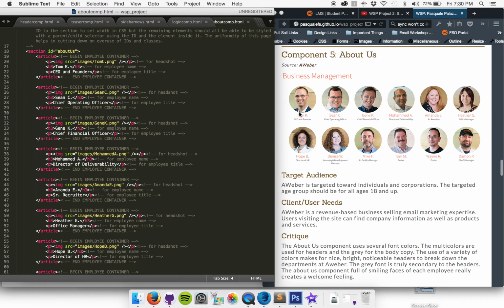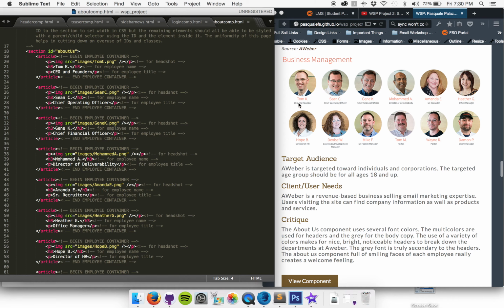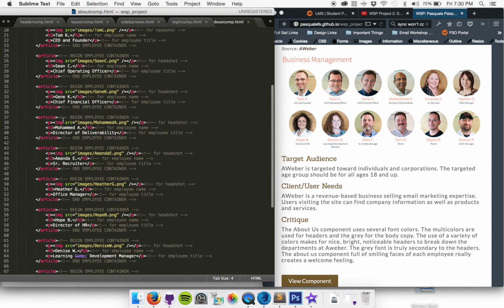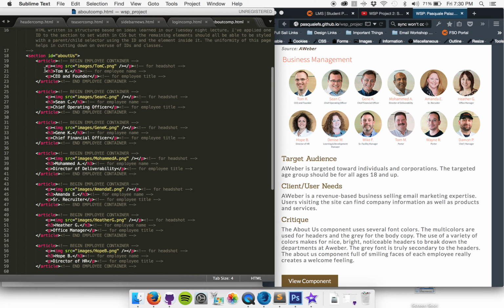This one was really simple actually. I went ahead and made it one big section. So you've got a section with an ID of About Us that wraps the entire thing. Each one of the employees is wrapped as an article. Within that article you've got an image tag, an H3 for the employee's name, and a paragraph for the job